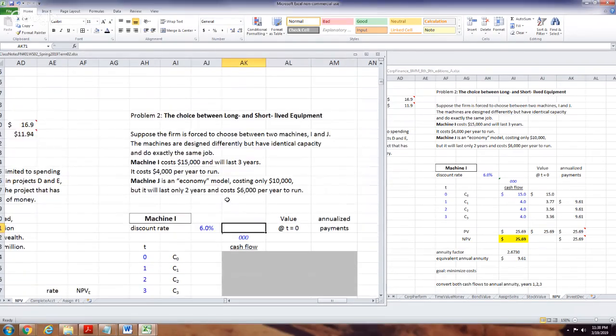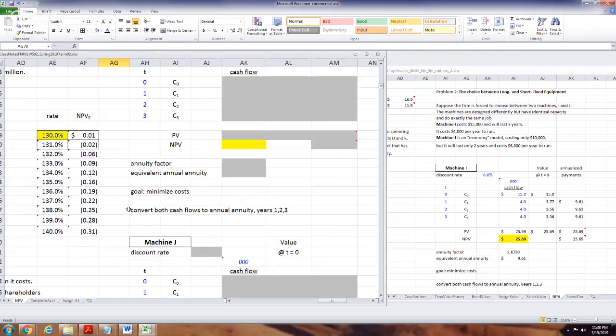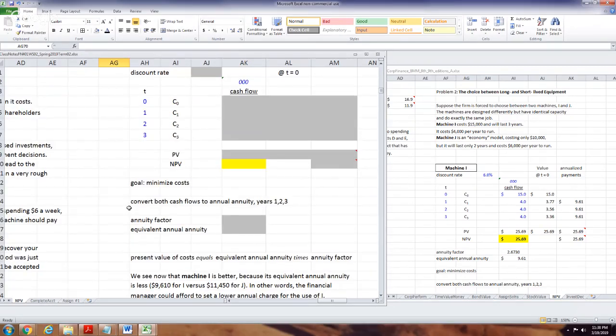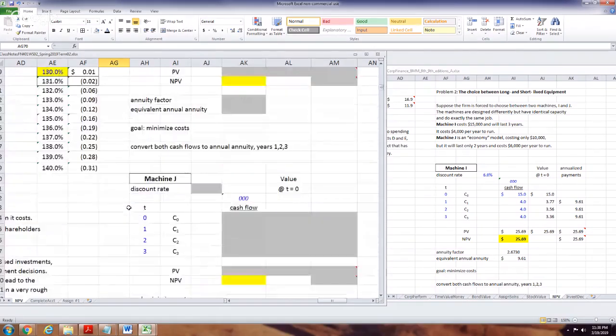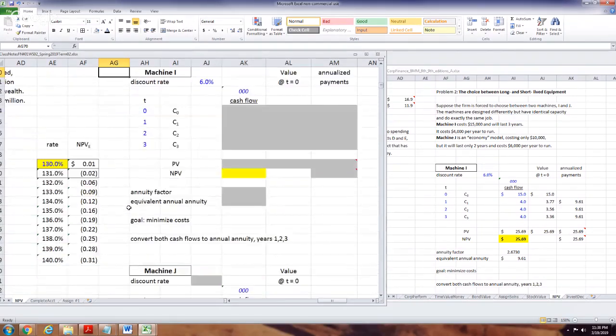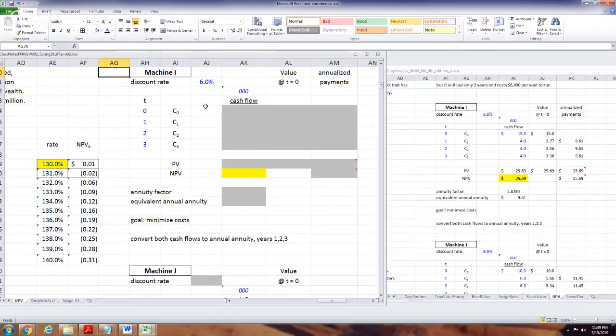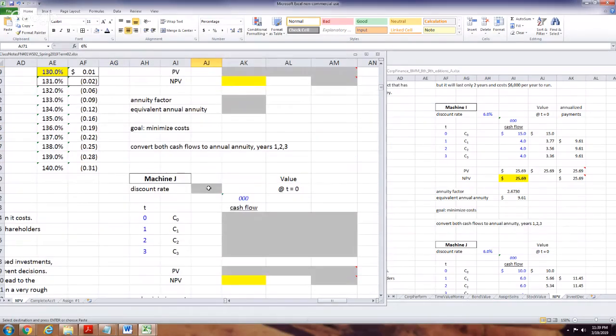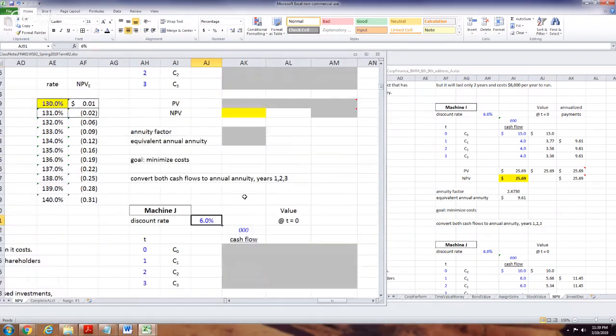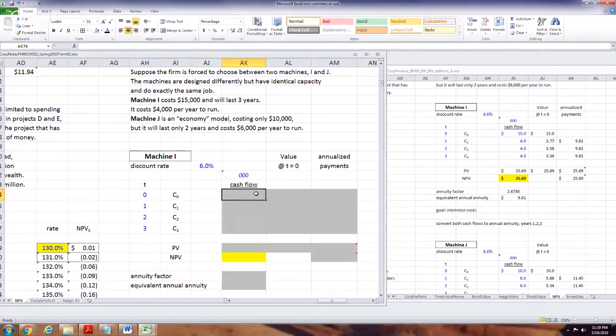Okay, and you can see how he broke the model up. Again, I did a lot of this for you already, so it's already set up for you here. Here's machine I, here's machine J, and we're going to put the discount rates in. I think it's the same for both. You just copy, and say 6%. We're using that as our cost of capital, and it's a lower number for something like this. If you're going to do some coal strip mining in the Middle East, that might be a higher cost of capital.